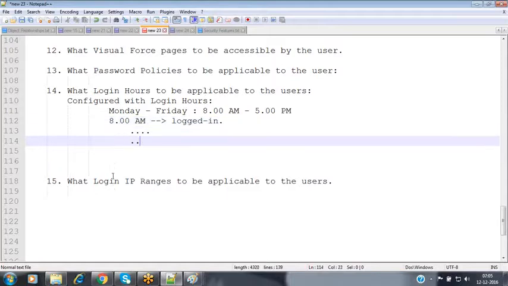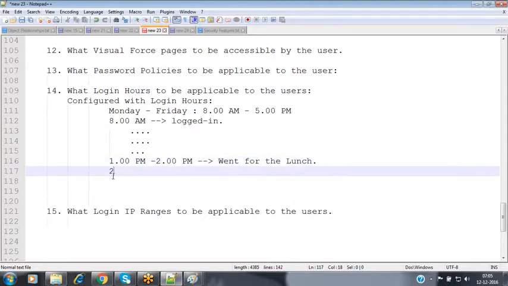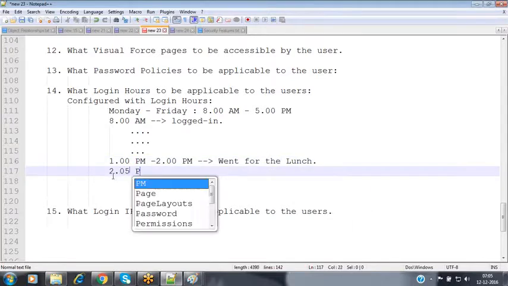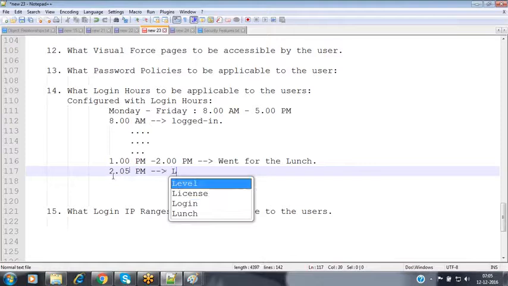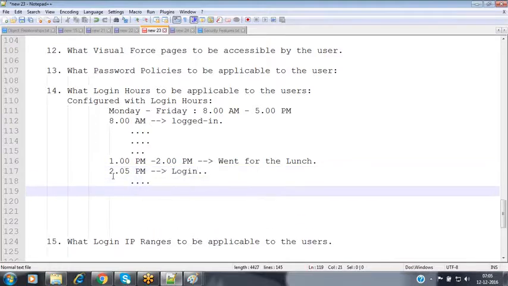And then I have accessed my application here. Now at 1 p.m., I went for lunch, 1 to 2 p.m. And then at 2:05 again I have logged into that application, and then I have accessed that application.